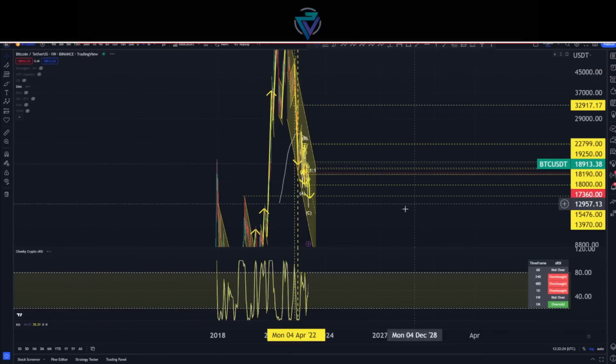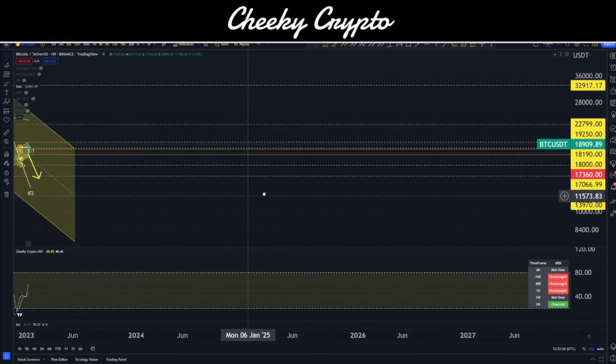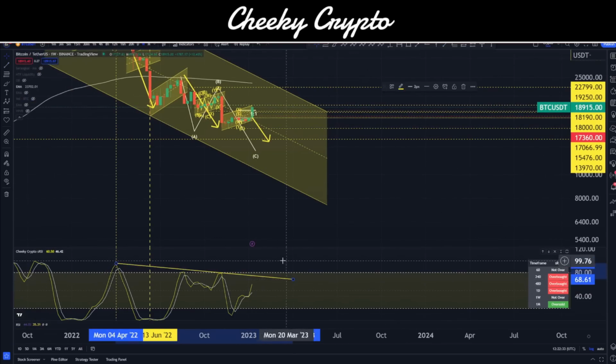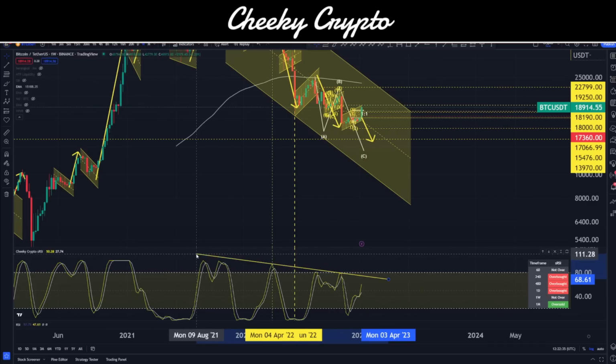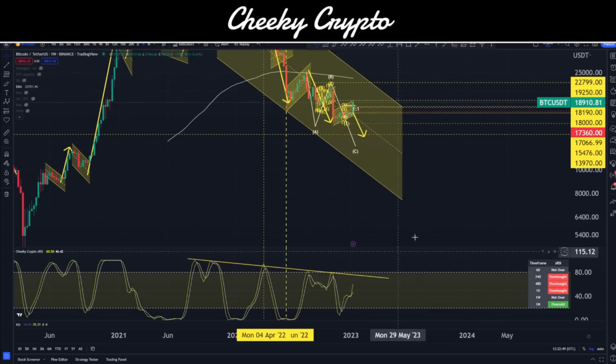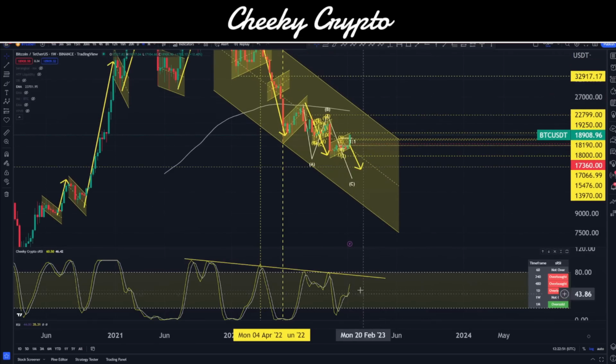Now, on the weekly time frame, we still look like we have progression upwards, right? And we can see that here. We're not overbought yet, but there is an area of concern, and that is that we are coming down here. If I actually trend line this out, and fluctuate this just a fraction here, you can see that we are coming up to this area, right? And this would be approximately 74.5 on the stochastic RSI. If we do that, then actually, yeah, we could start to see this reversing down without going up into the overbought area. But it does look like there's a little bit more growth in it, potentially, but it is minor at this point.